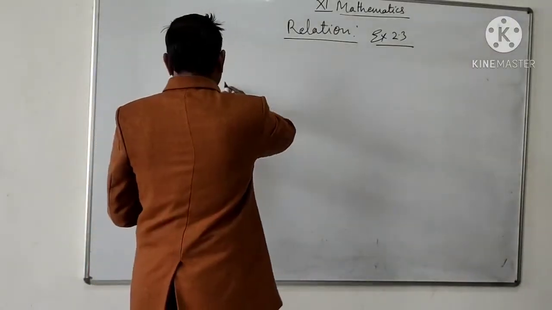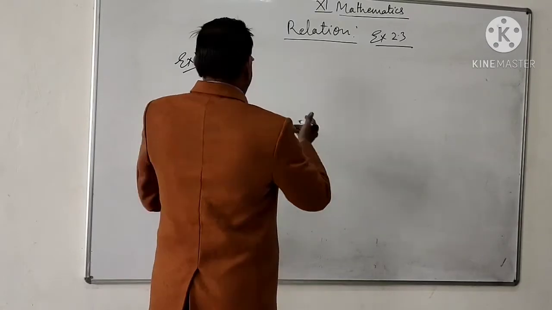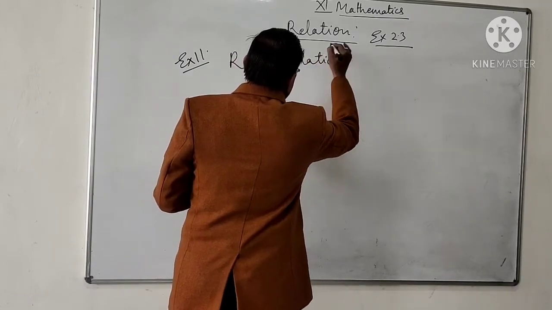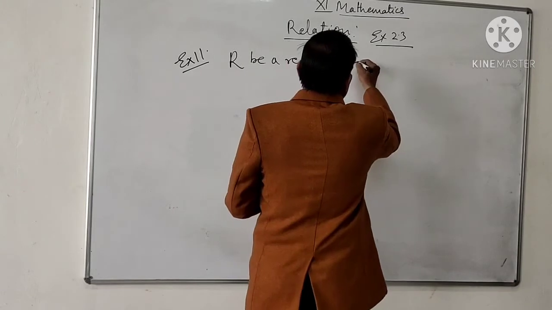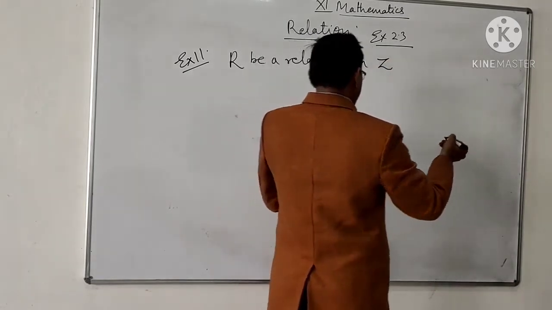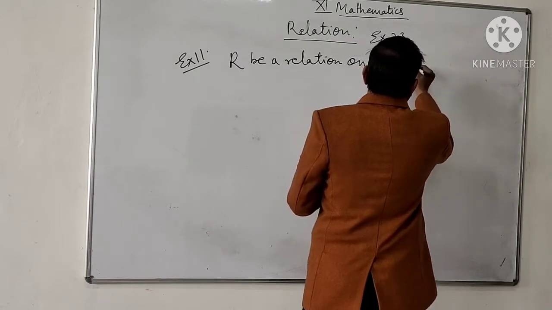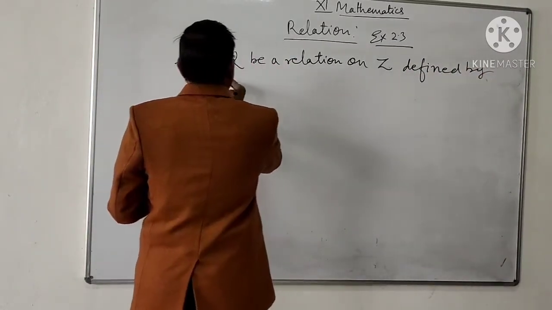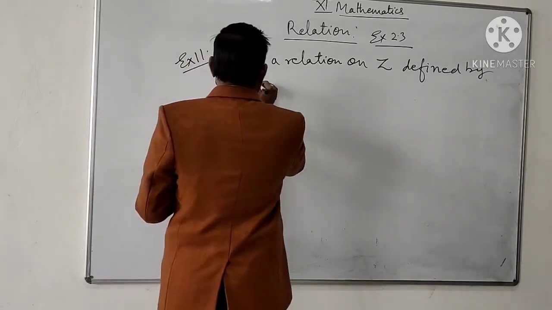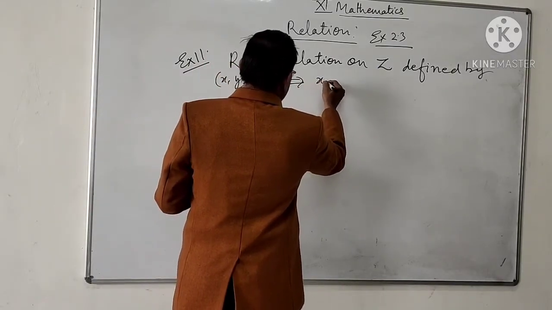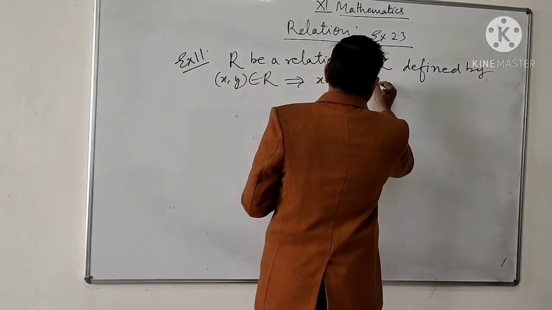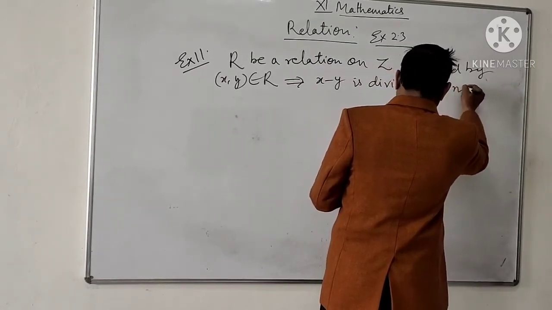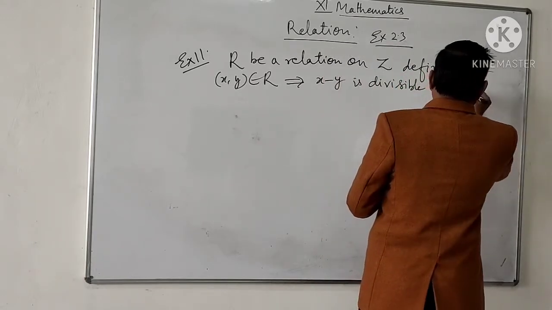Student, there is one more question on the same logic. The question is: let R be a relation on the set Z of all integers, defined by (x, y) belongs to R implies that x minus y is divisible by n. Prove that